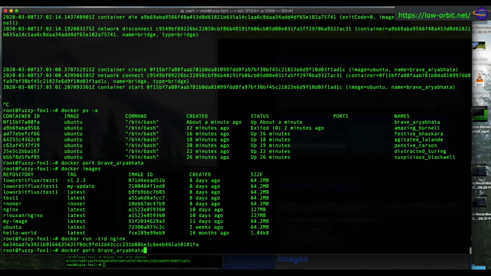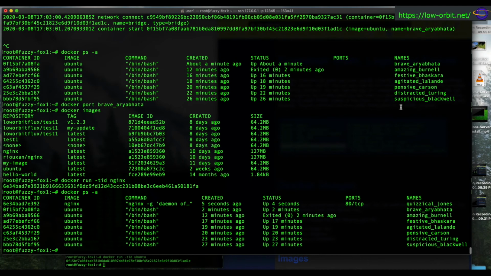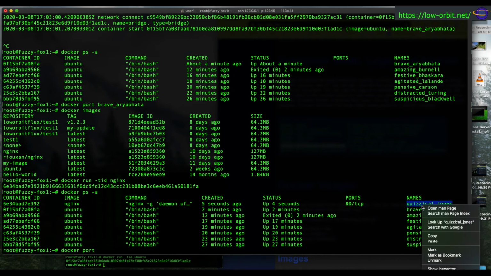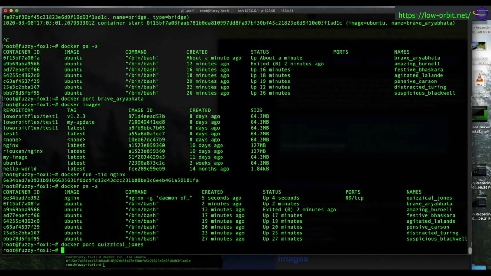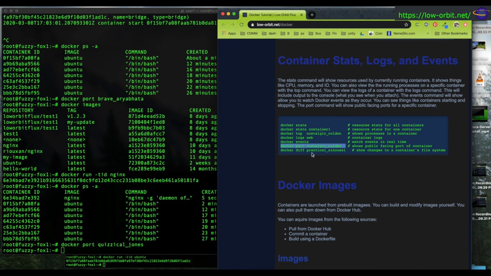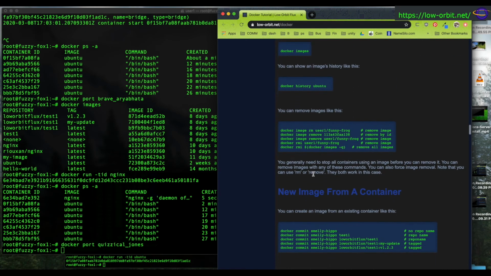So Docker ps -a, and Docker port Quizzical Jones is our currently running Nginx, and nothing there too. So we actually cover this a little further on, but let's skip ahead a little bit,